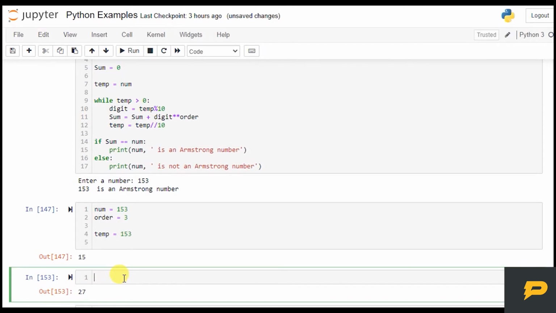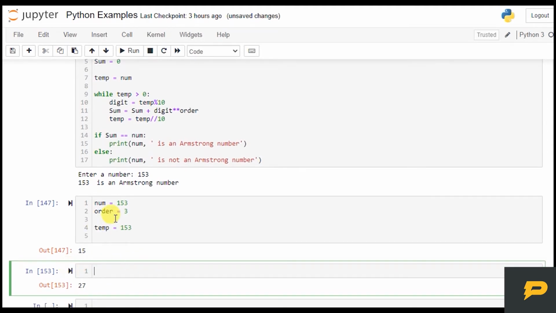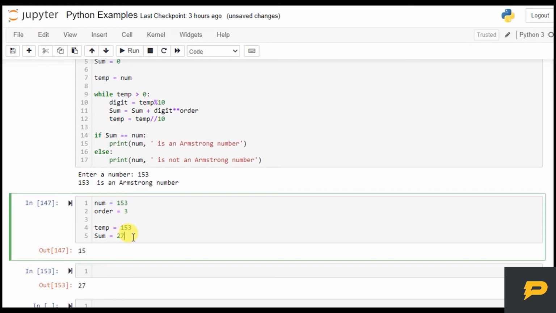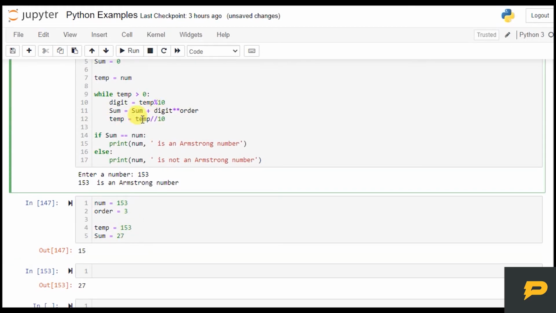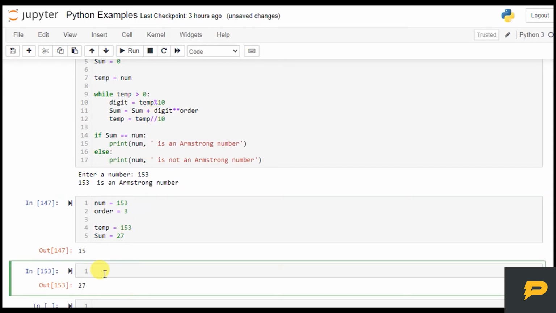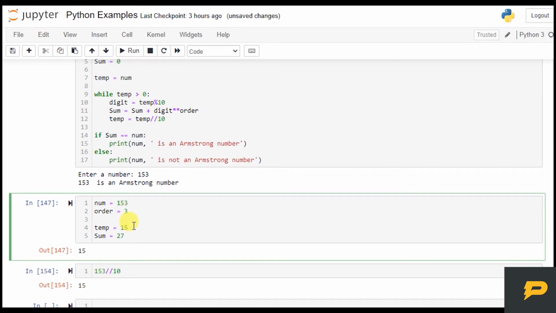So now our sum variable has 27. Now temp is temp divided by 10. Temp has 153, and if you divide it by 10, you have 15. So now our temp will be updated to 15.